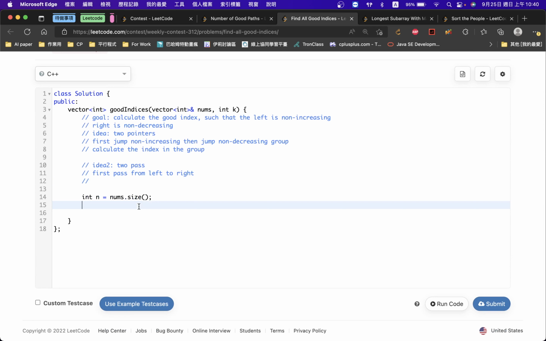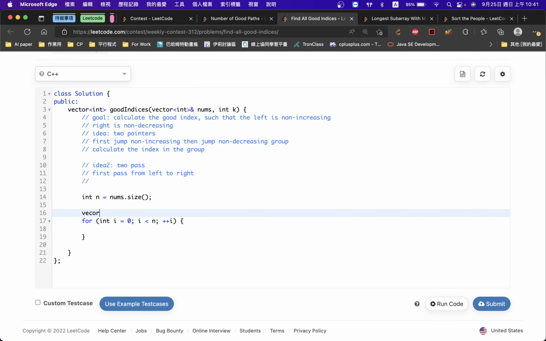Okay, so we do a two pass. Okay, let's consider left to right. We add the index into the array. This is a non-increasing index, and then